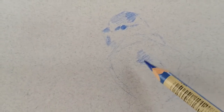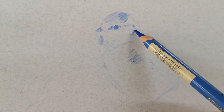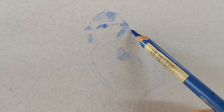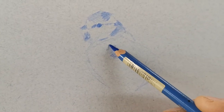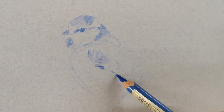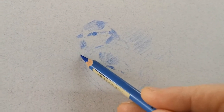Beginning to work in some of the darker areas. Okay, and I'm using this blue Frogmore paper for my sketch pad and using a blue pencil to sketch it in. I'm just doing a little bit as the birds nip back and forward to the feeder or dot about in the trees outside. So just putting the darker bits. It's got this lovely smoky effect, the pencil, and I'm thinking about these as smudges rather than anything else, and that's helping me to almost intuitively work out where the shapes are, thinking about where the darkest bits are and then leaving the lightest bits, and actually even sketching some of that negative space which I've talked about before,